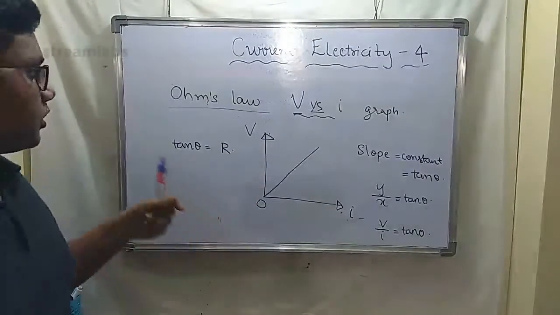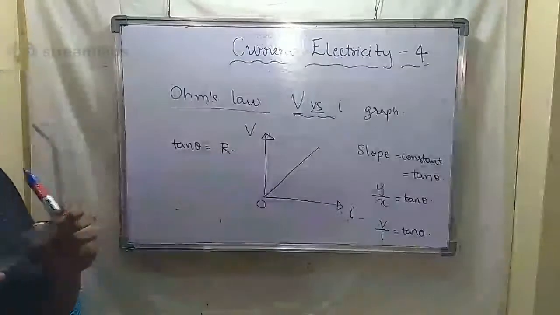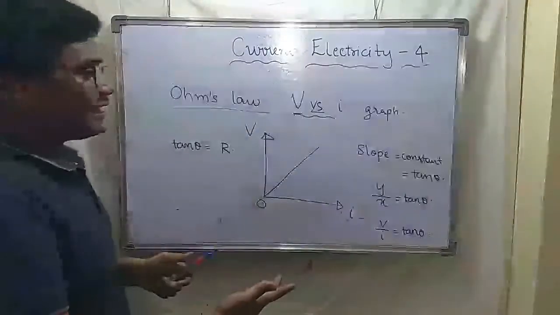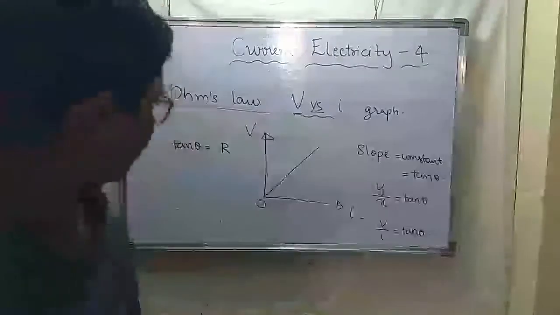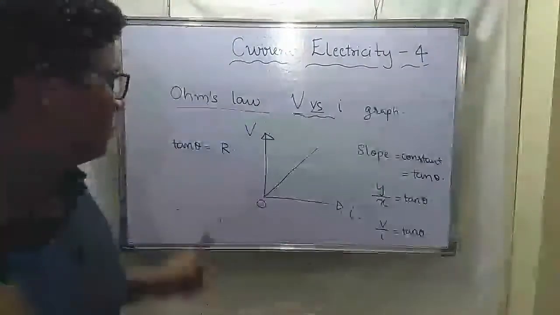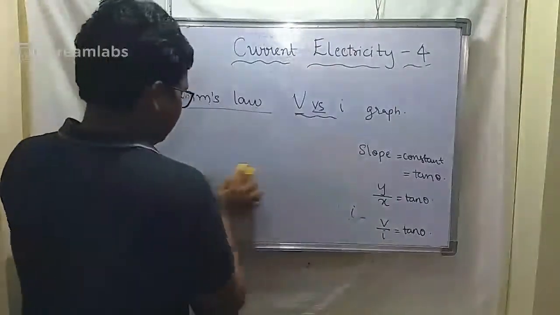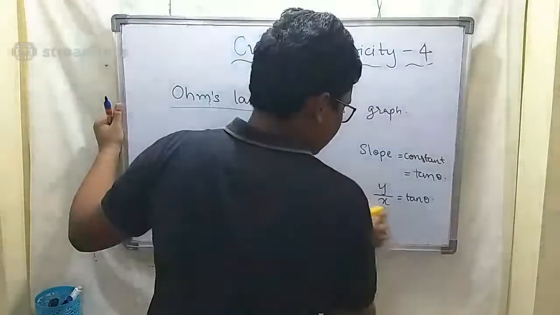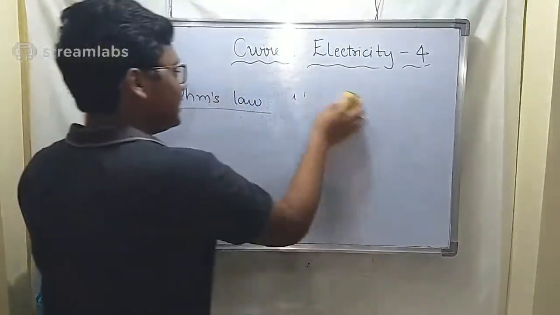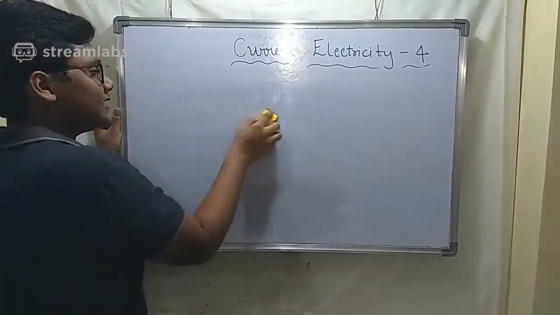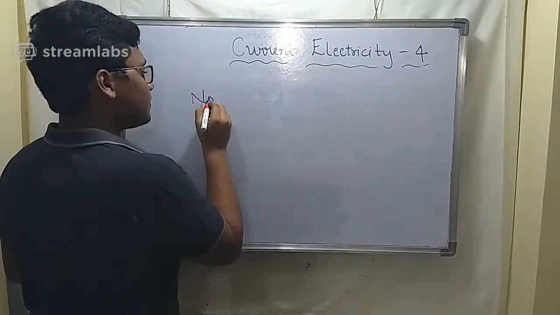This is the Ohm's law V versus I graph, when it is following Ohm's law. Okay, we'll take now non-ohmic, when it is not following Ohm's law. See, when it is following Ohm's law, the slope is constant, R is equal to V by I, we will get the slope. Okay, and for non-ohmic law,